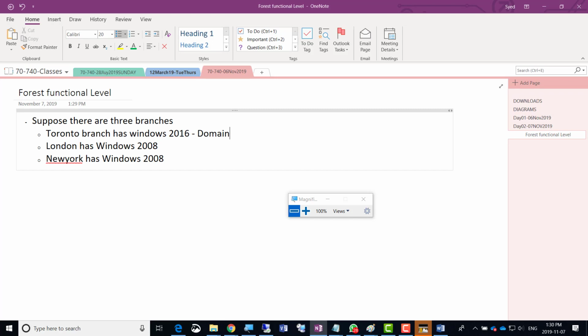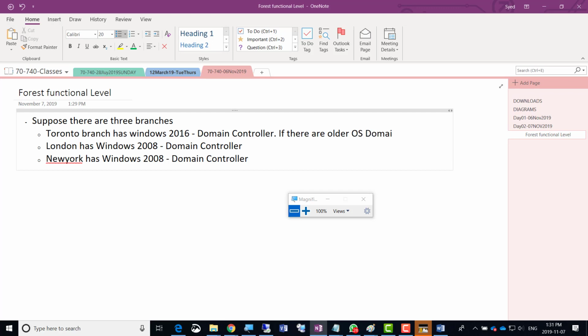Authentication, authorization, accounting, audit. Exactly. So Toronto branch has a Windows Server 2016 domain controller, right? And then the others are also 2008 domain controllers, not member servers, domain controllers. Then it becomes critical. If they are domain controllers and you have upgraded, so if they are older, let me just give you the rule of thumb here. If there are older